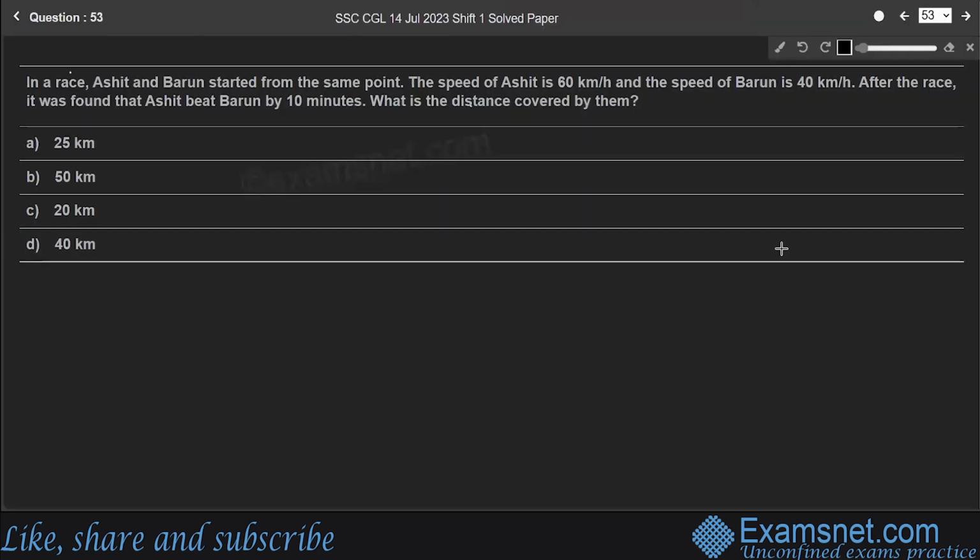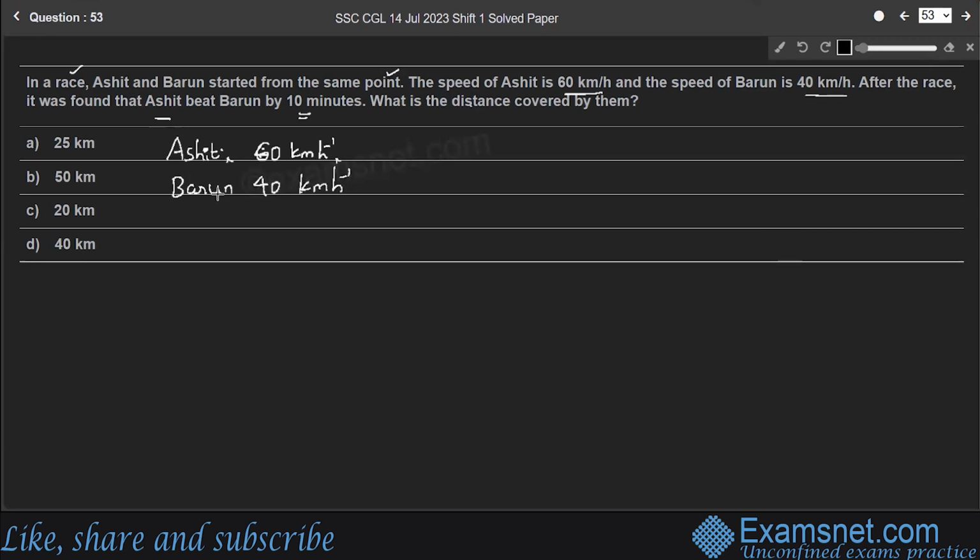Question 53. In a race, Ashit and Varun started from the same point. The speed of Ashit is 60 km per hour and the speed of Varun is 40 km per hour. After the race, it was found that Ashit beat Varun by 10 minutes. What is the distance covered by them? So let us consider the speed of Ashit, distance covered by him and time taken by him. Here, Ashit is moving with the speed of 60 km per hour, right? And Varun is moving with the speed of 40 km per hour,